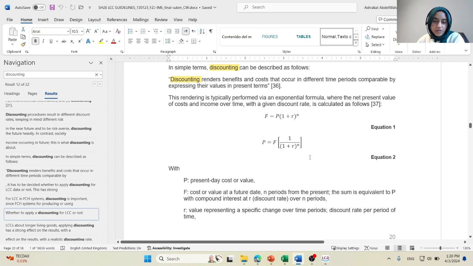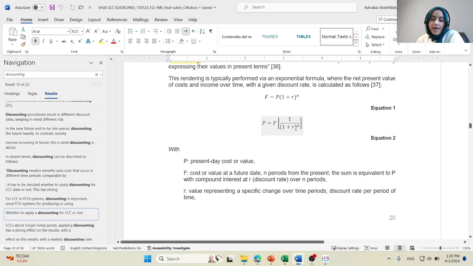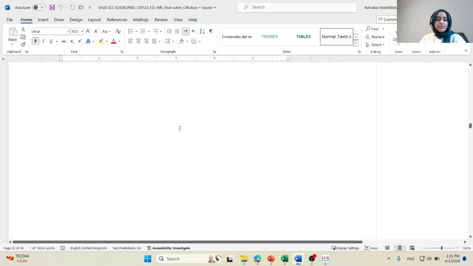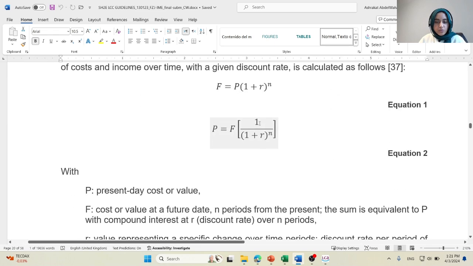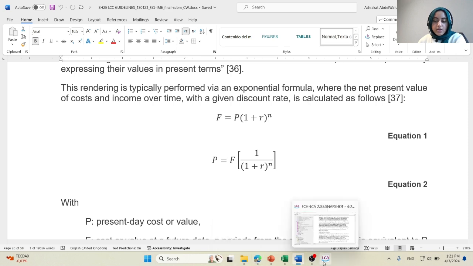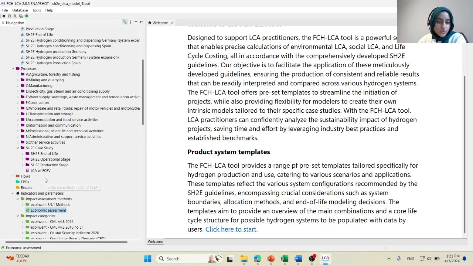We can. With the discounting, we can calculate it as such. So with the discount rate that we have and the number of periods, which is the value n we're trying to change, this is what we're going to calculate. So the first thing we're going to do is calculate this factor, which is 1 over (1 plus r), the discounting rate, to the power of n, where n represents the number of years. So in order to do that, first, a new process was created,